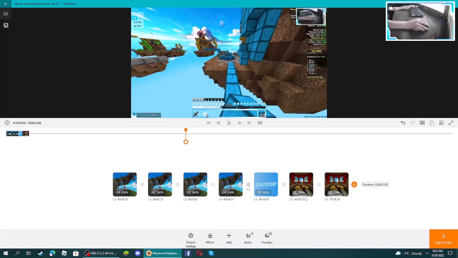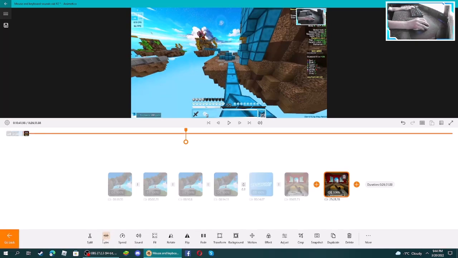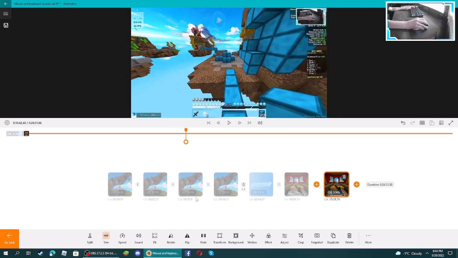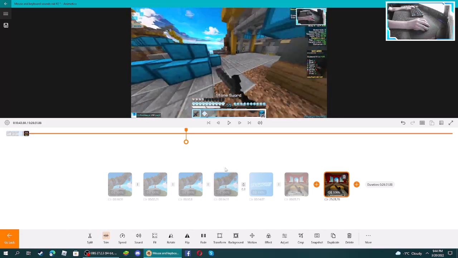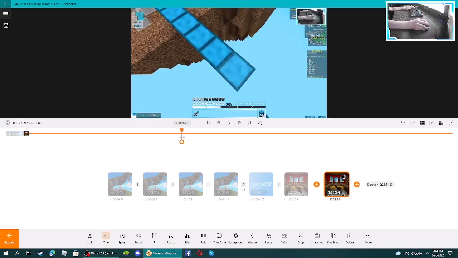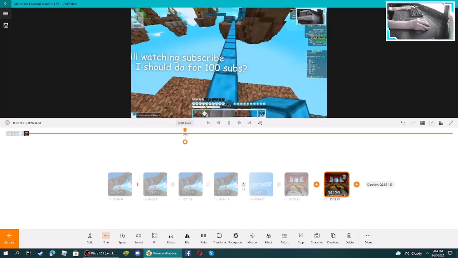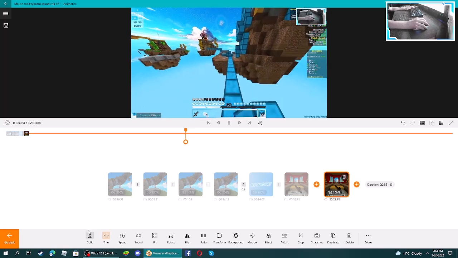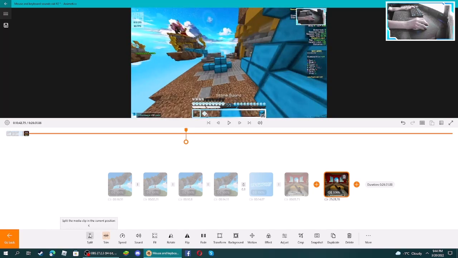And then if you're doing a montage, let's say you want to add a flash before you do a clutch. What you're gonna do, let's say I clutch right as I touch the ground here. So when I hit the ground here, that's when I do a clutch. So we'll go to here, and we're gonna clip it literally right here,